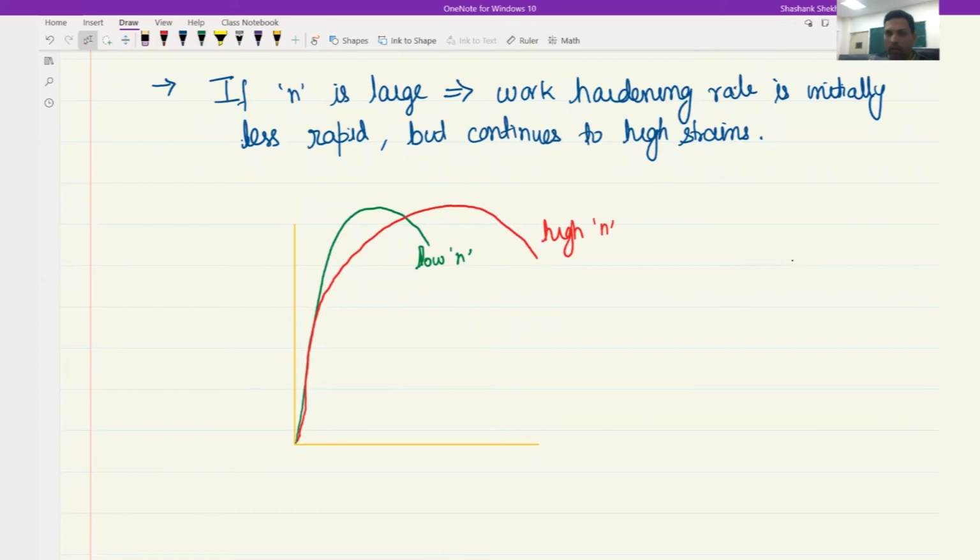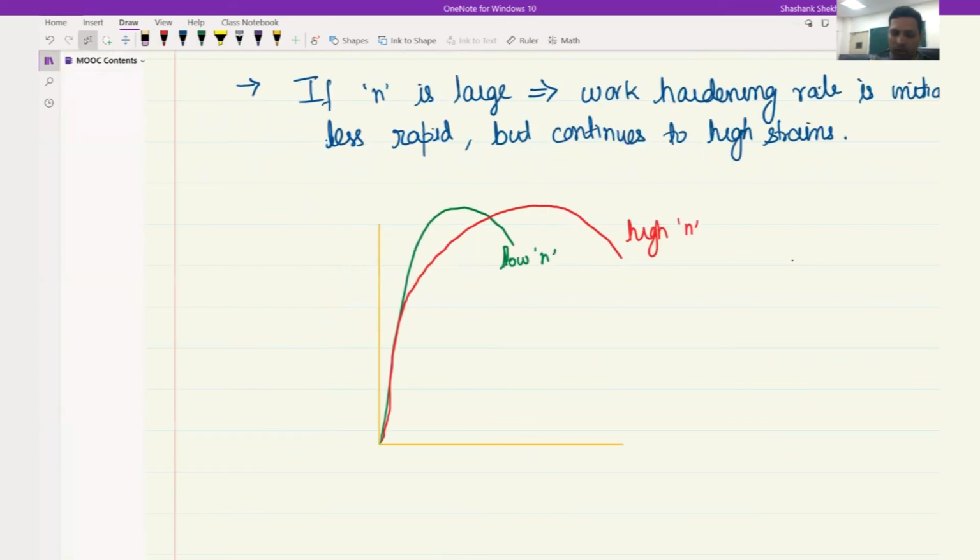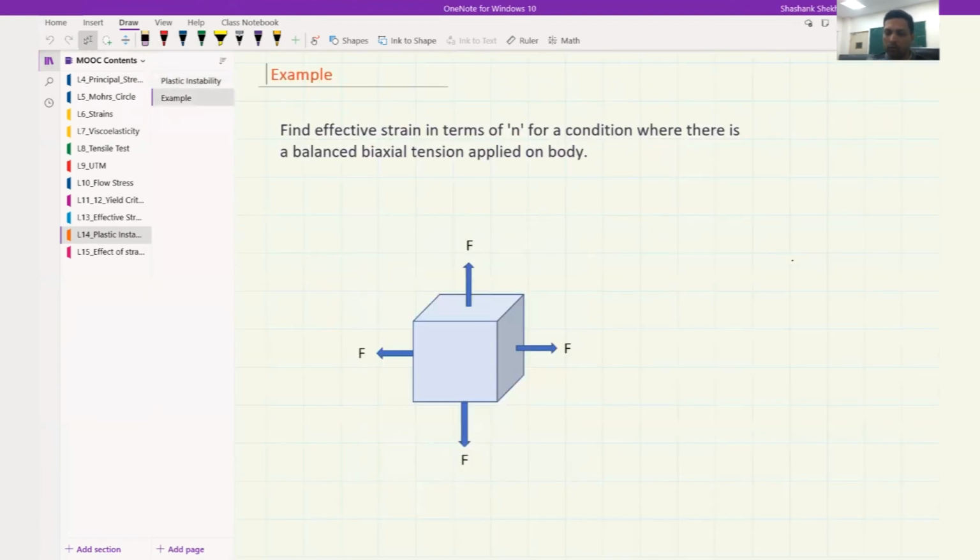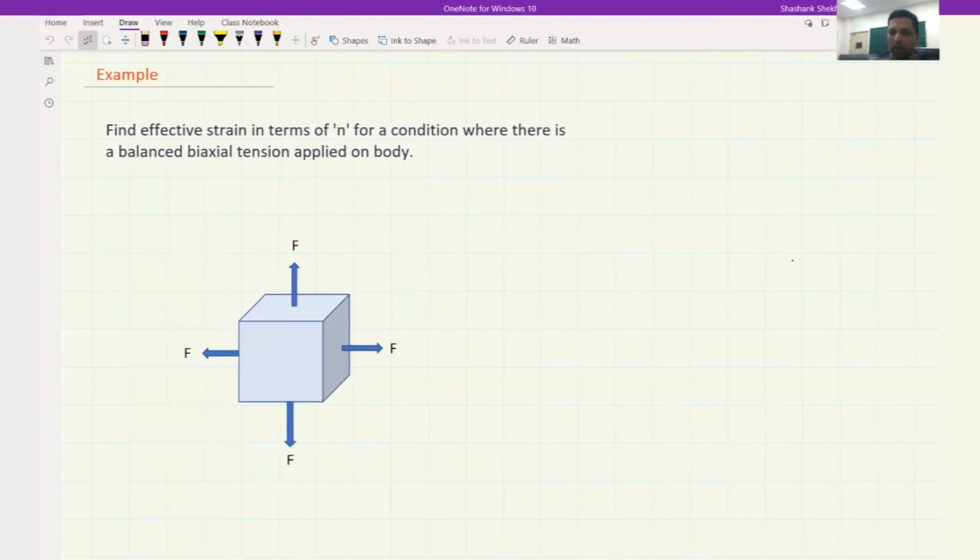Now let's understand this with the help of one example, which is also of similar type. Here it is given to you that the force condition is biaxial in nature and it is balanced, meaning both the forces are the same. So if this is sigma 1, this is sigma 2. Then what it is saying is that sigma 1 is equal to sigma 2 and sigma 3 is equal to 0